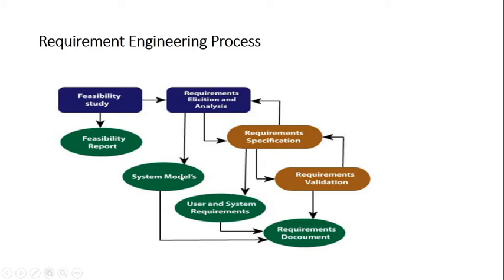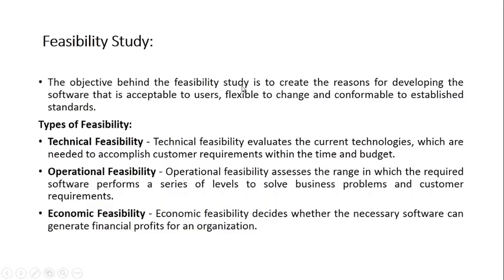We'll see what all models we prepare when we do the analysis part, right? So as of now, just understand SRS document consists of two major things. One is your requirements, both the categories, which are further divided into functional and non-functional requirements, which has certain constraints also. Along with this, we have few models also which are present in the SRS document, right? Starting with the feasibility, though we have done earlier, just quickly summarizing it.